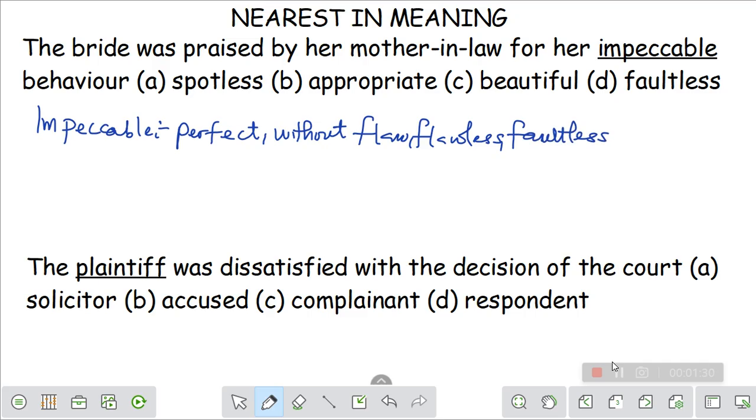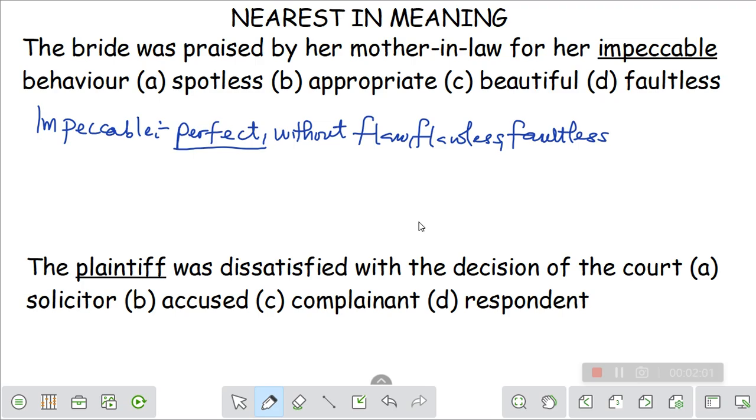So we can even say God is the impeccable being, because no human being is perfect. Though in holiness you may be perfect, in real life human beings cannot be perfect. So take that in mind. Only God has impeccable character. So impeccable means perfect, without flaw, flawless or faultless. I hope you understand. That's just what we mean by impeccable.